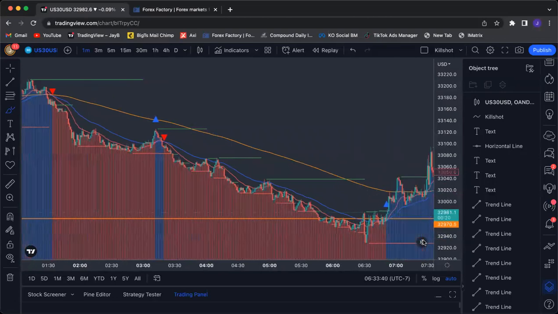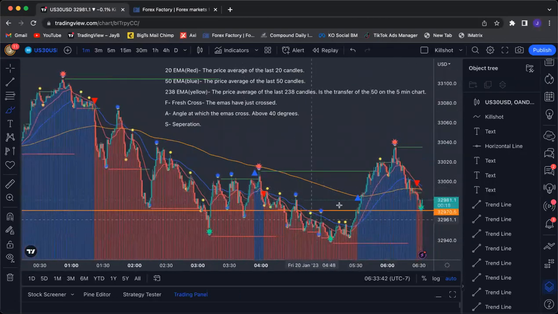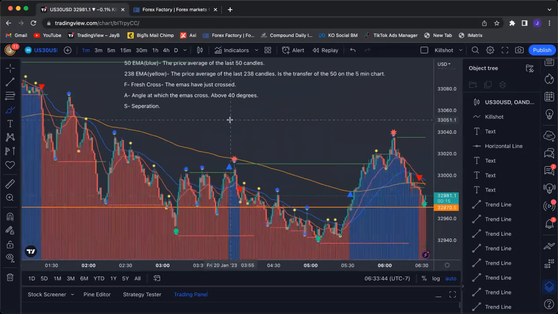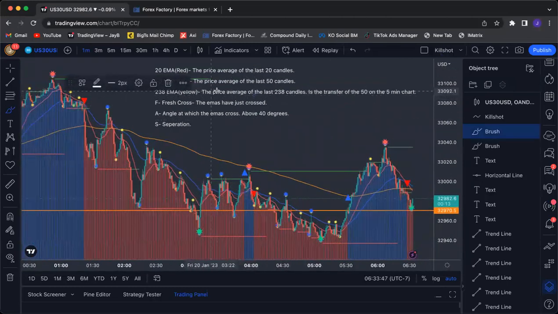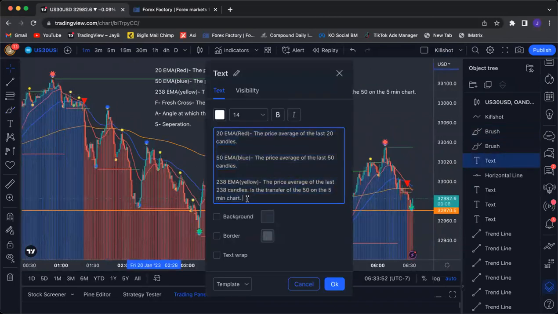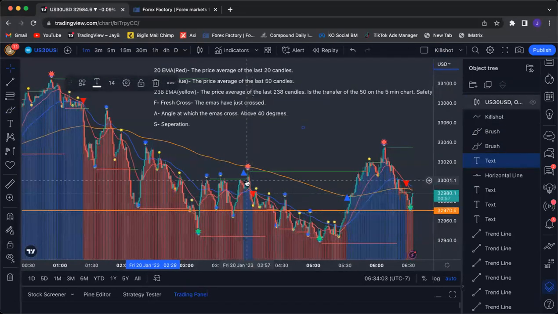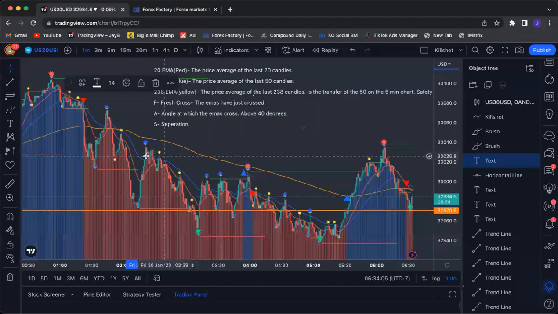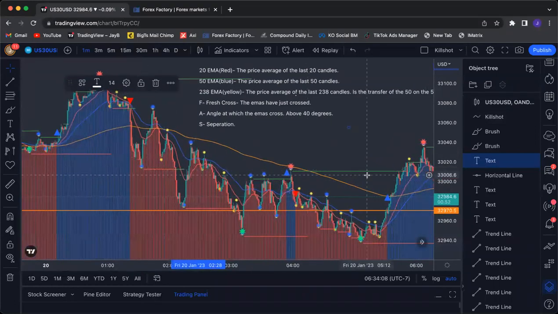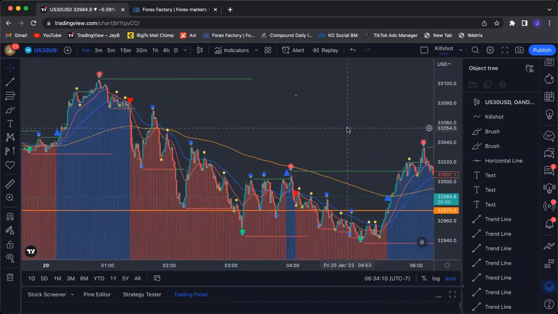Now, I'm going to talk about the 238. The 238 is what we like to call our safety, the safety basket. This is the place where if the chart gets on top of it,